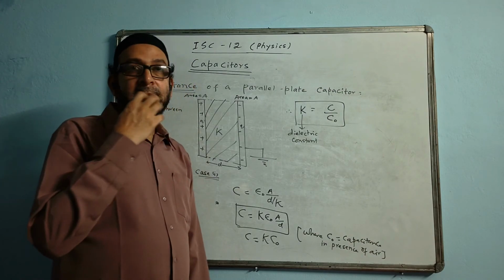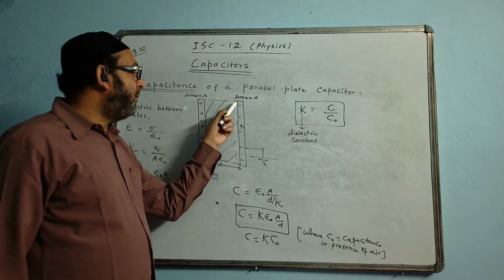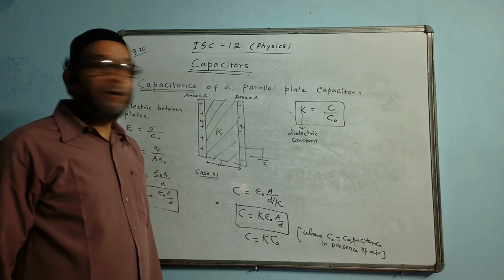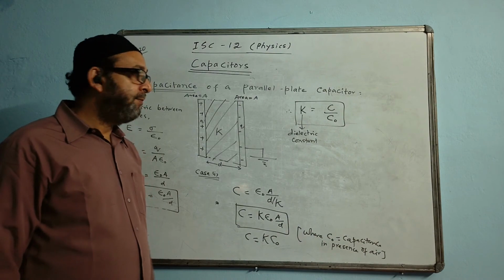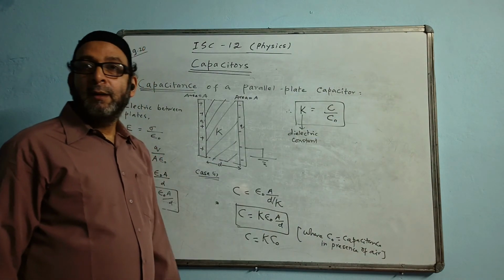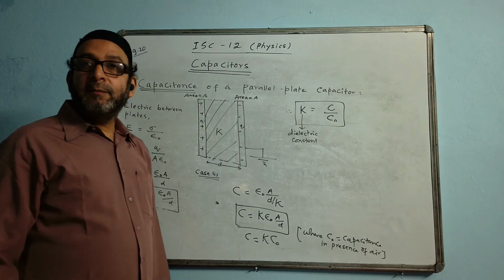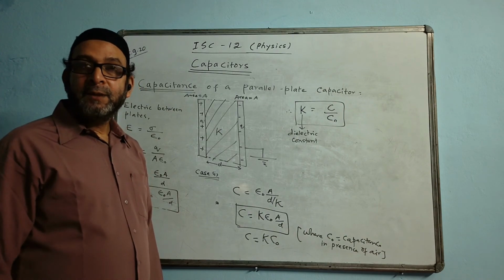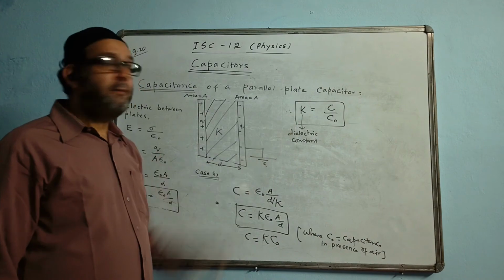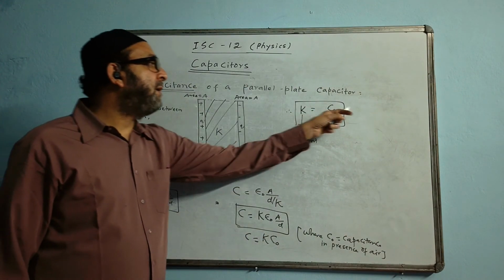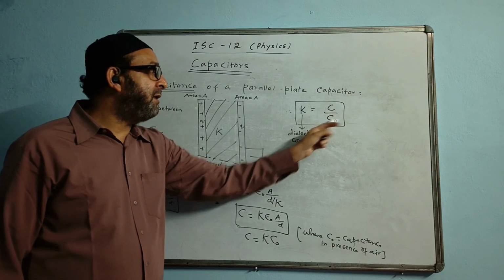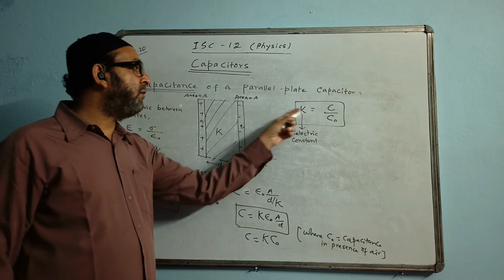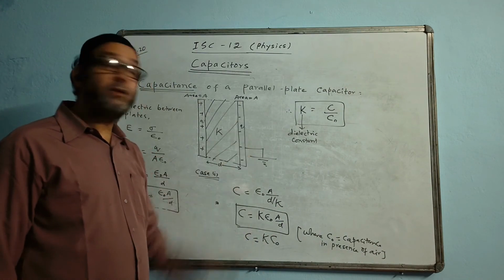Suppose a question comes like this. The capacitance of an air parallel plate capacitor is 10 microfarad. That means the value C naught is given as 10. On introducing a medium between the plates, the new capacitance is 60 microfarad. What is the value of K? You can easily calculate. The value is increasing from 10 to 60, so 60 by 10, the answer is 6. The value of the dielectric constant is 6. This type of question may also come in the exam.